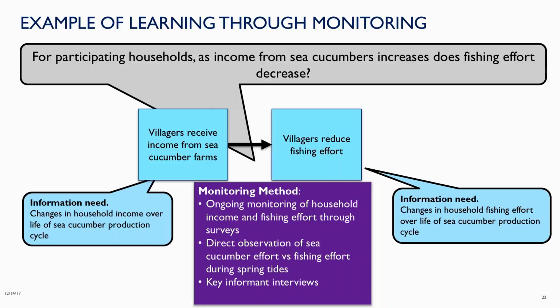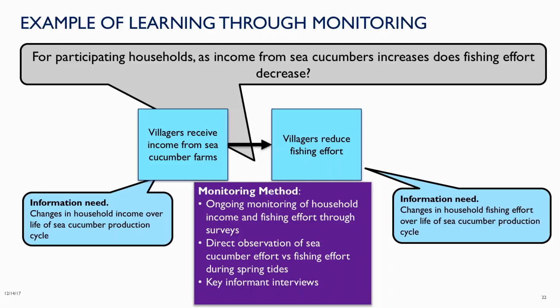And it's very time-consuming and expensive. It was worthwhile, but when we scaled up our efforts to move to more villages, we just couldn't scale up that monitoring effort. And so instead, we moved to direct observation of effort. It's relatively easy to go out in a boat and count the number of people gleaning on a reef at low tide. It's also pretty easy from the boat or on the shore to count the number of people who are tending their